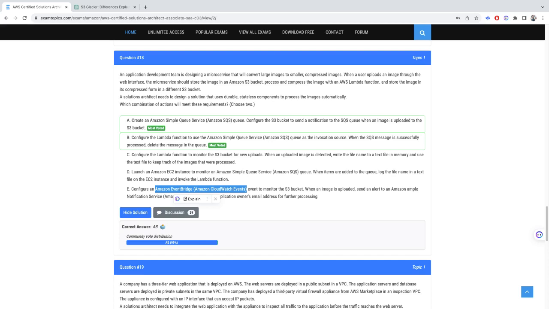Right? Now option C is incorrect because it involves storing state. You want stateless, but this involves storing state, the file name, in memory, which is not a durable or scalable solution. And option D is incorrect because it involves launching an EC2 instance to monitor the SQS queue, which is